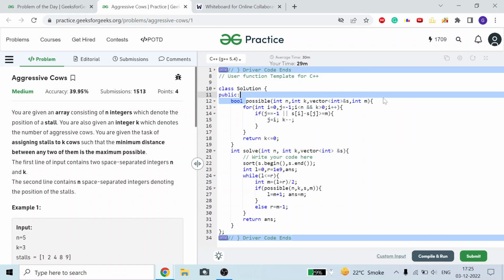Now how will I check it? Initially i is equal to 0, j is equal to -1, and I loop while i is less than n, meaning I have some stall left, and k is greater than 0, meaning I have some cow left. I will increase i at each step, because I go forward to the next stall. Now if j is equal to -1, this is the first one where I need to assign a cow,